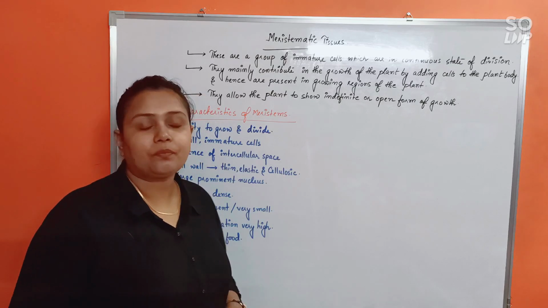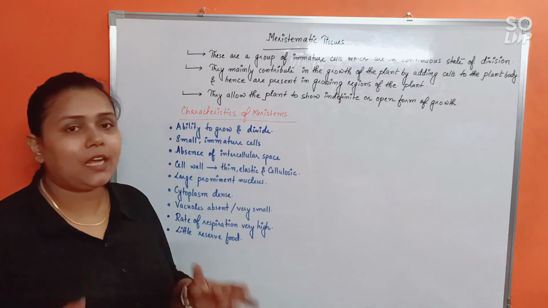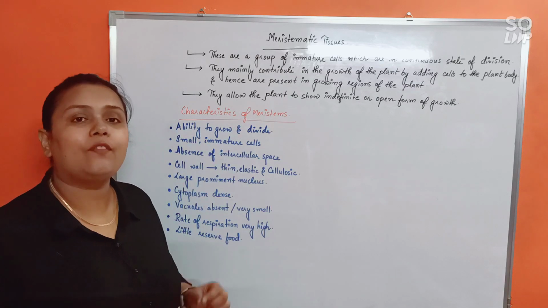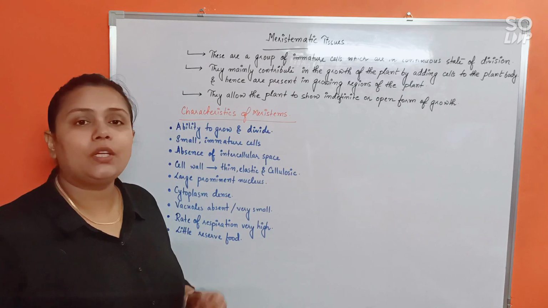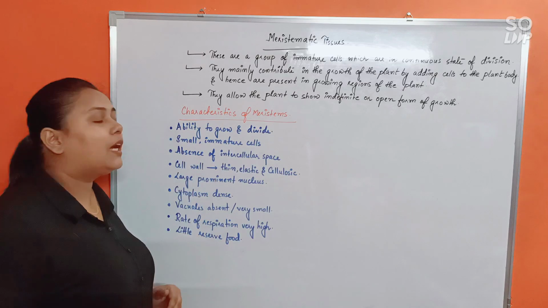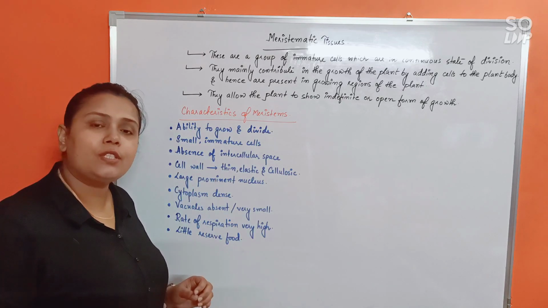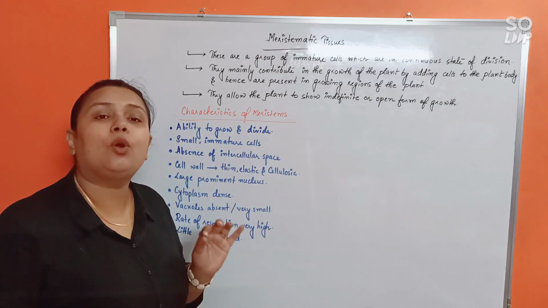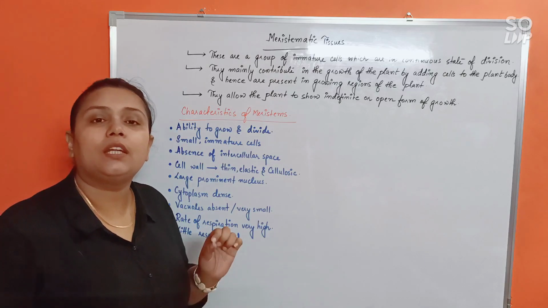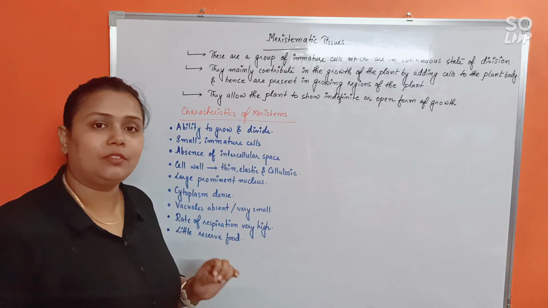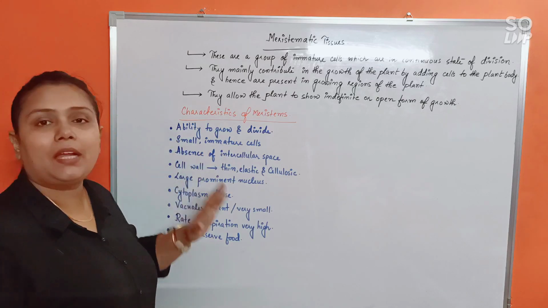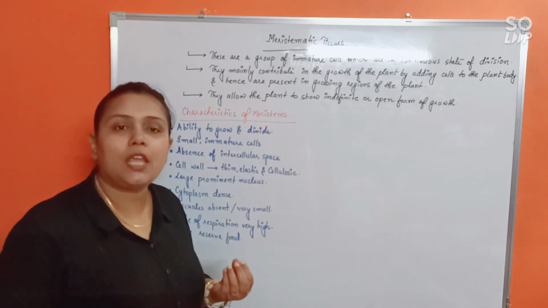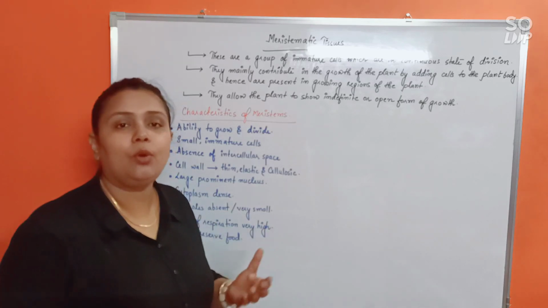Okay. Now, just like every type of cell in the plant body has different characteristics, meristems also have certain specific characteristics. So what are they? See, first, ability to grow and divide. Of course, that's the first and foremost thing to be remembered about a meristem. They will show the power of division. Okay. Next, they are small and immature cells. Immature cells here means the cells which do not have a specific shape or a specific function. All they know is to divide.